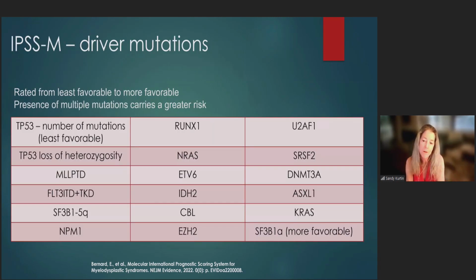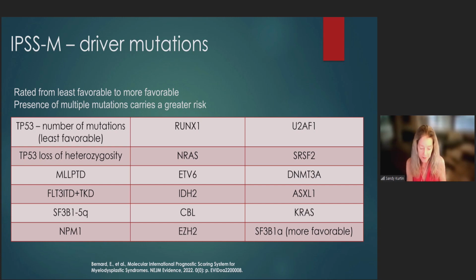And this is just a graph. If you start in the upper left-hand corner, the worst prognosis, so that TP53 that I just talked about, and now look at SF3B1 plus del5q, that is not favorable. So del5q by itself is a cytogenetic abnormality that is favorable, but when you add it to SF3B1, it is not favorable. And then all the way over to the lower right-hand corner is where you see SF3B1 by itself as more favorable. So understanding these molecular attributes is important.